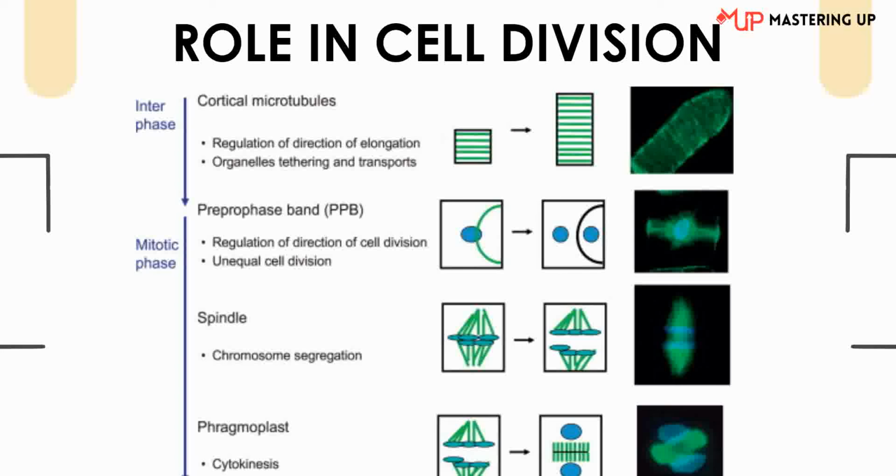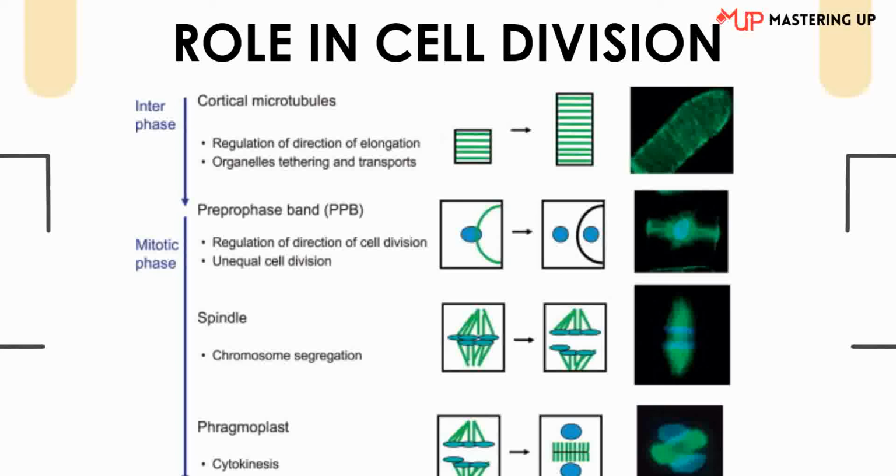Cortical microtubules regulate the direction of cell elongation by guiding the deposition of cellulose microfibrils in the cell wall. They also help gather organelles and facilitate intracellular transport. The arrangement of microtubules during this phase ensures that the cell maintains its shape